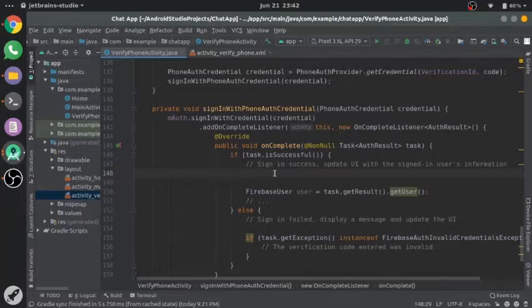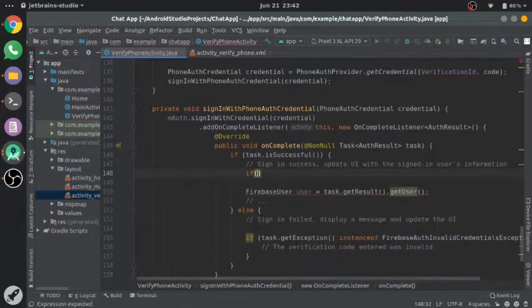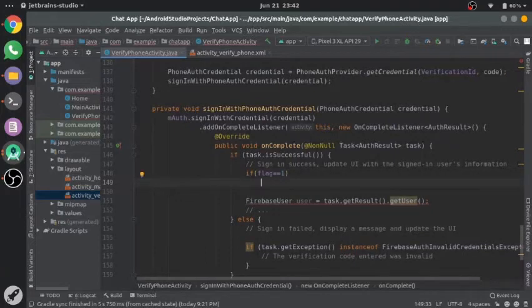Okay, let's check if flag equal to 1, then we will be sending our user to the home activity. That means the task is successful, and if this number is already present in the database, that means the user is trying to log in. But if flag is